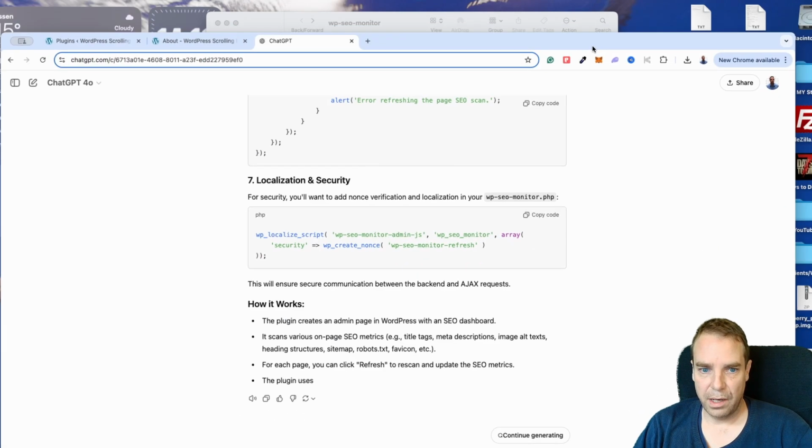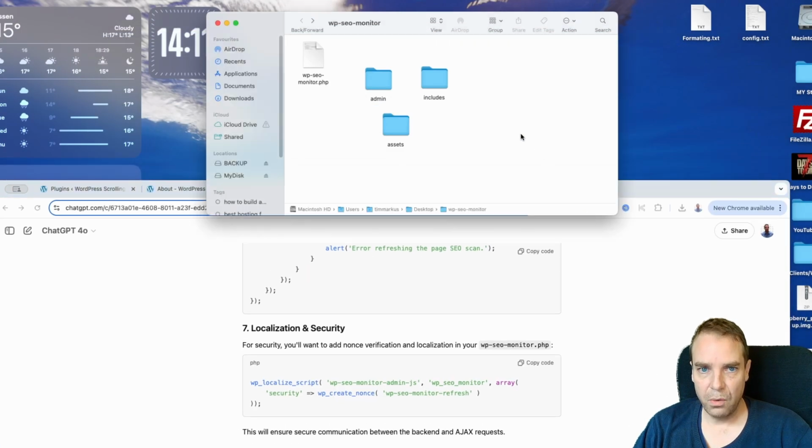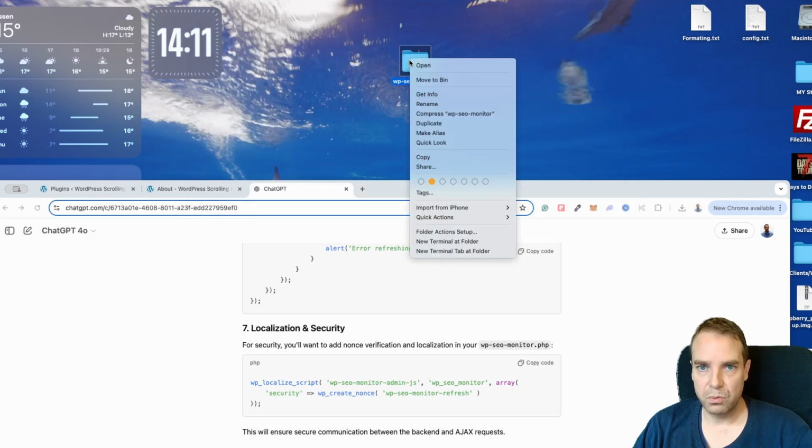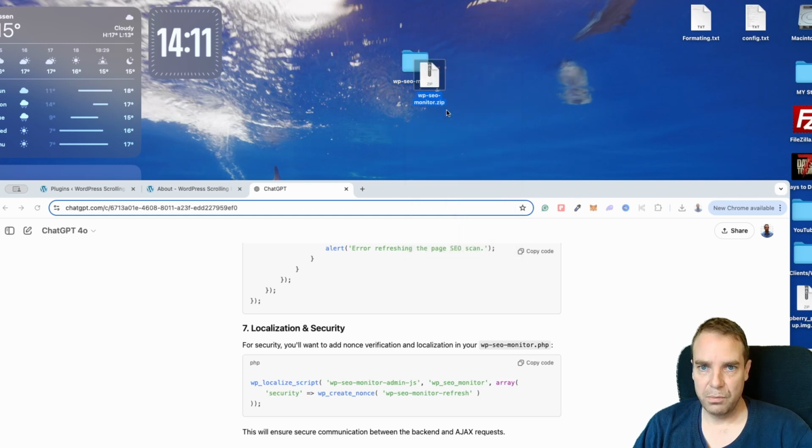And yeah, so I think now we have everything. So let me check this real quick. Yeah, well, we have everything. Perfect. Then we can close this, and now all we have to do is right click this, and then we have to compress the folder. We have to make a zip file. So now we have here our zip file, our plugin zip file,